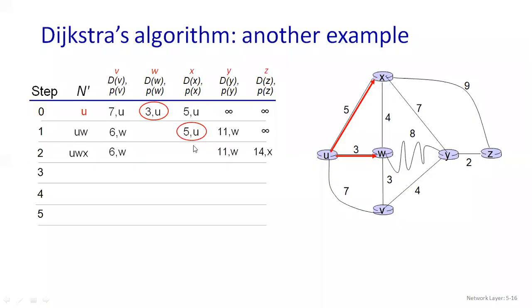Now you can see I have connected with my X. So X to V, how much will be the value? It is more than this. So whatever is the previous one, let it continue with 6 comma W, because if I'm coming directly from here, 4 plus 3 it will be 7. So why go for that? Otherwise, if I'm coming this way also, it will be more, right? So let it be the smaller one.